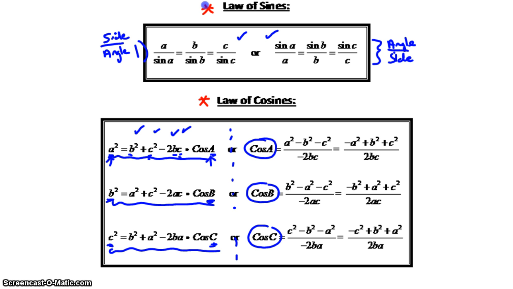Just a reminder, there were two ways to look at the law of sines, one where the angles are in the denominator, the other where the sides are in the denominator. And depending on whether we're looking for a side or an angle, we would choose one form or the other. For example, if we're looking for c, we're going to prefer to have c up on top,